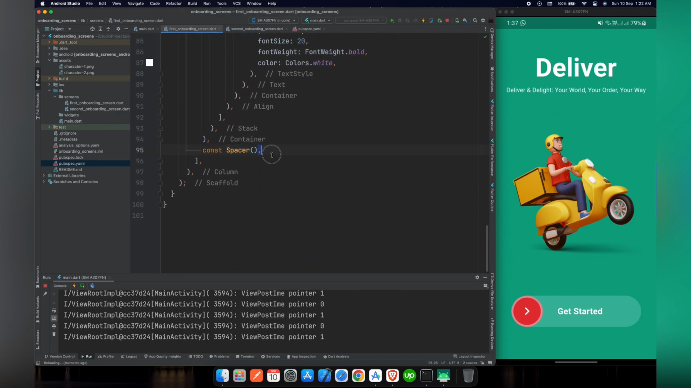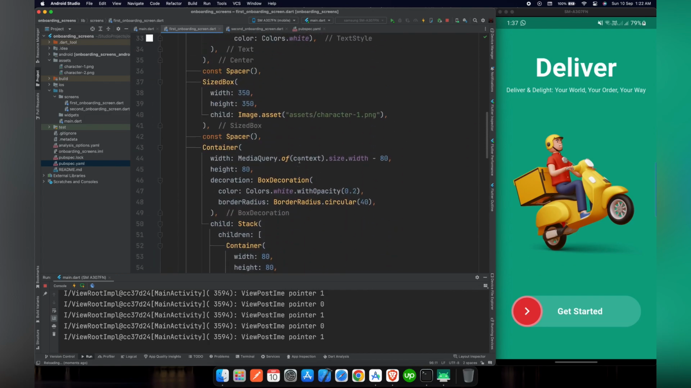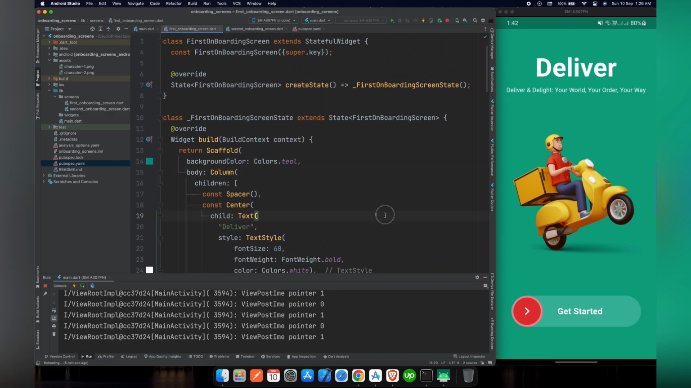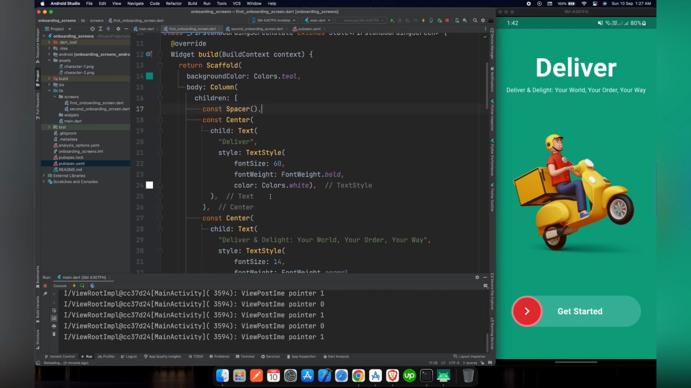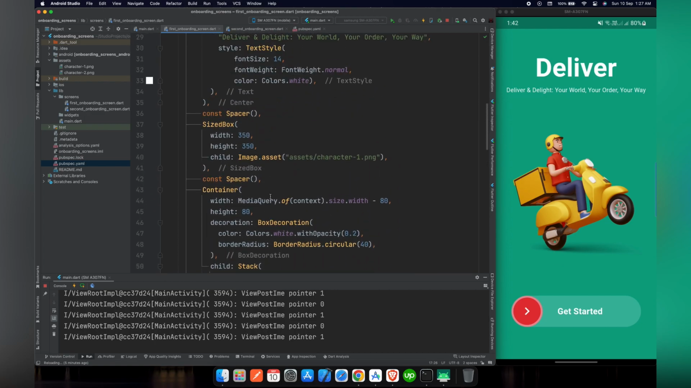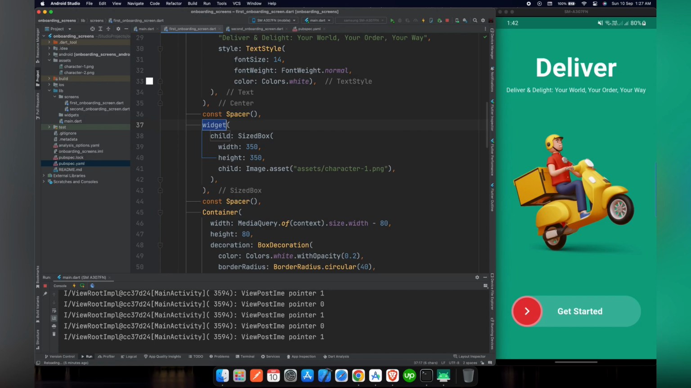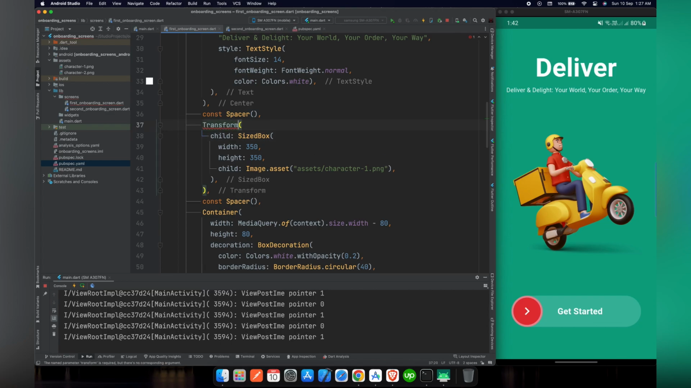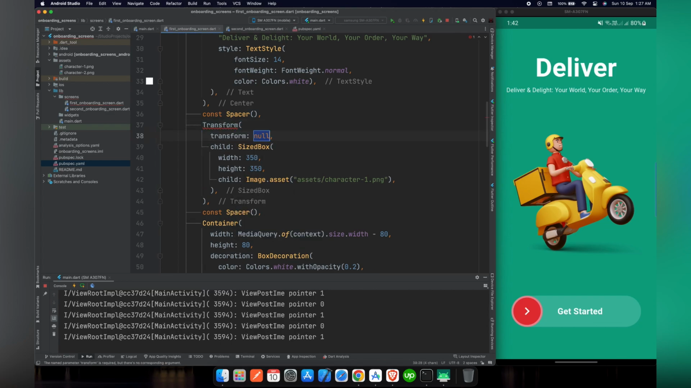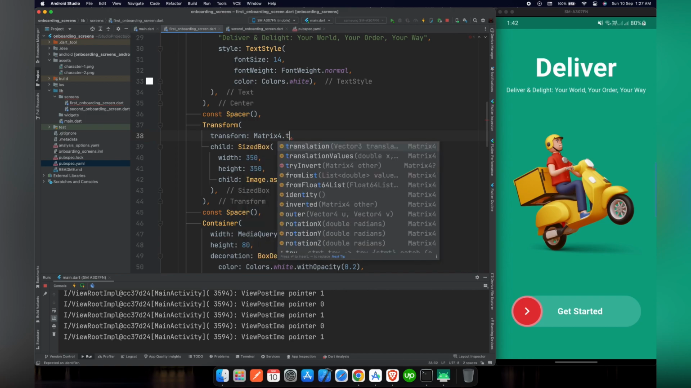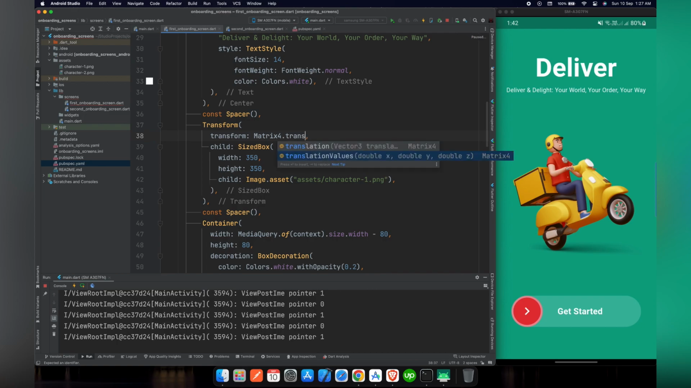So now, as we have completed our structure for our first onboarding screen, we can move toward implementing the animating functionality. So first of all, we want to make our image movable to the left or the right: when the user swipes it to the right, it will move to the right, or when swiped to the left, it will move to the left. For this purpose we can use a Transform widget at the top, and for the required argument we will use the transform argument that is required for the Transform widget. And inside transform we will use Matrix4 and we will pass .translationValues,